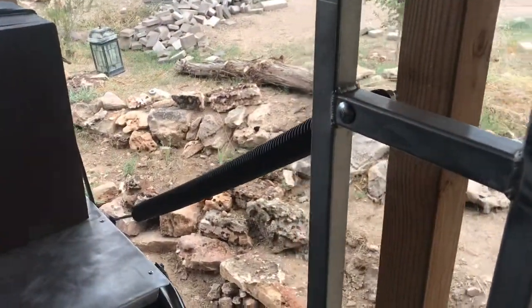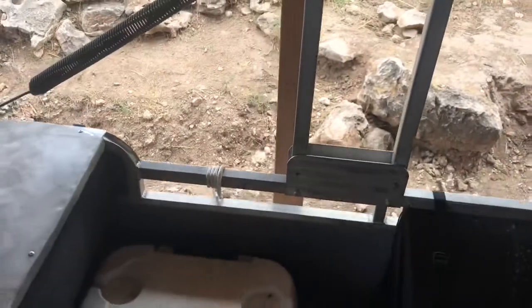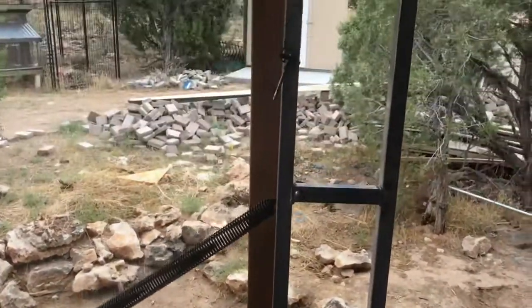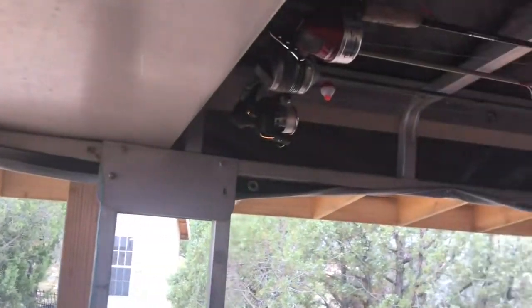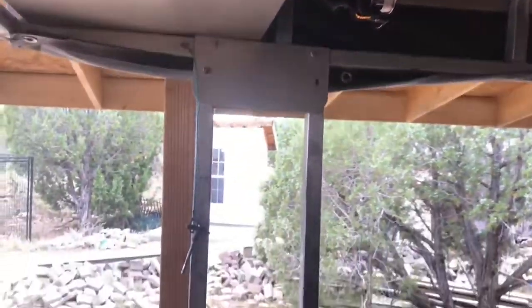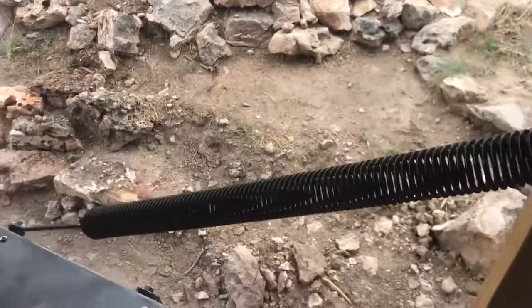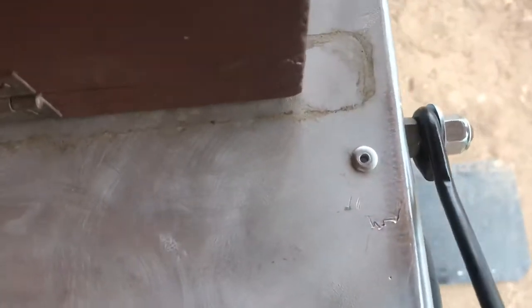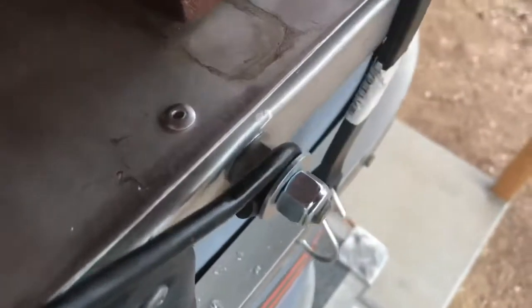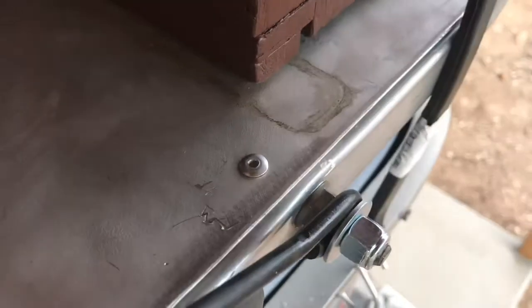So here's my redneck method of getting my pontoon boat roof up and down a little easier. I put these big springs on here, and I just drilled a hole in the tubing on the top,